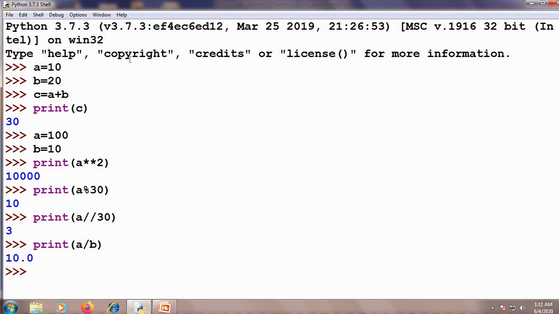You can see A is 100, B is 10. If you divide, you will get 10 along with the decimal part. If you use floor division, only the integer part will be displayed as the result. That is the difference, children. So these are the arithmetic operators.